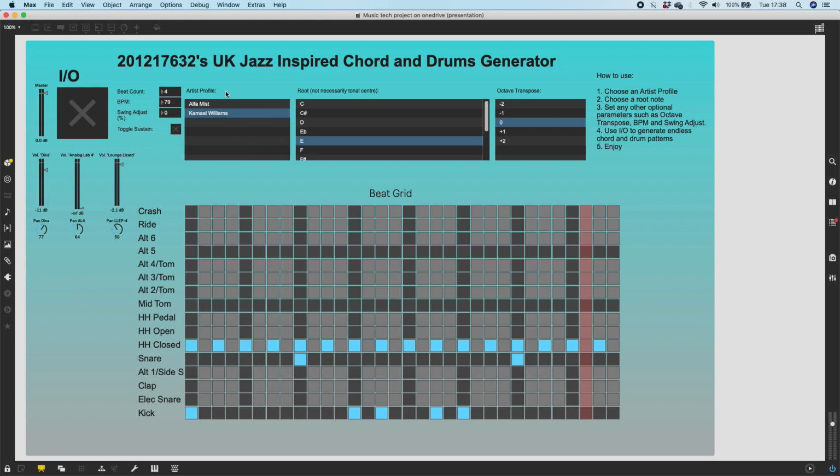This has been inspired by two artists, Alfa and Kamal Williams. Each time you select an artist profile, it will use the harmonic language based on first order Markov chains, and the result is something that sounds somewhat like these artists, Alfa and Kamal Williams, who are on that UK